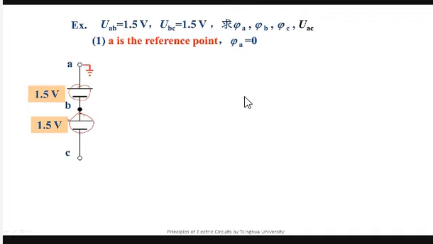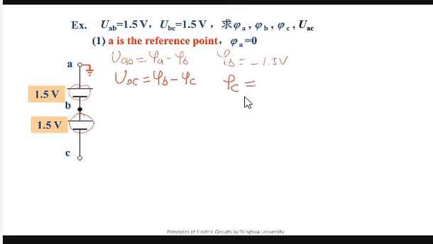In this condition, we know UAB is phi A minus phi B. And we know UAB is 1.5 volts, phi A equals 0, so phi B equals minus 1.5 volts. It's very intuitive. Then we know UBC is phi B minus phi C. And we've solved phi B. Phi C equals minus 1.5 minus 1.5 equals